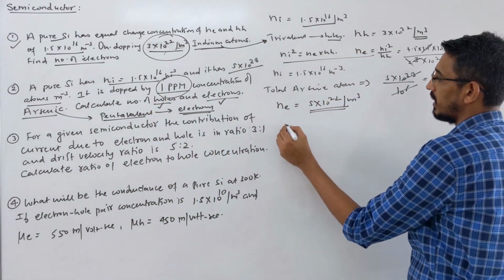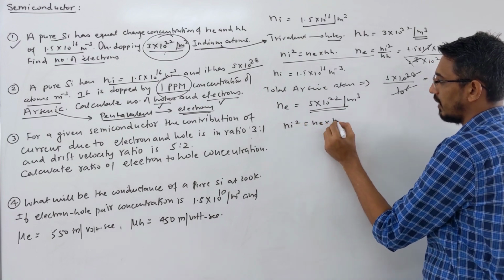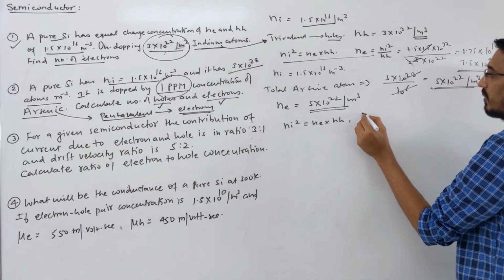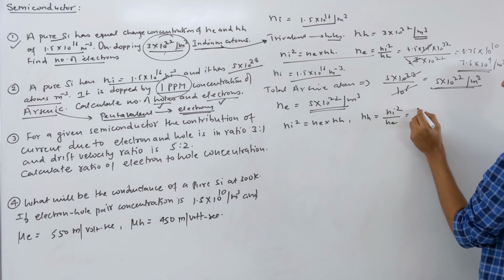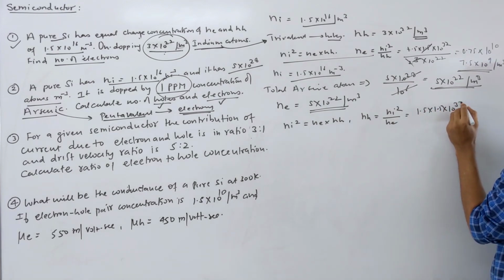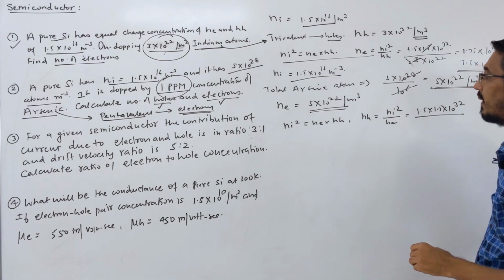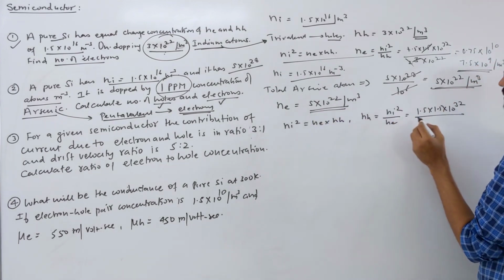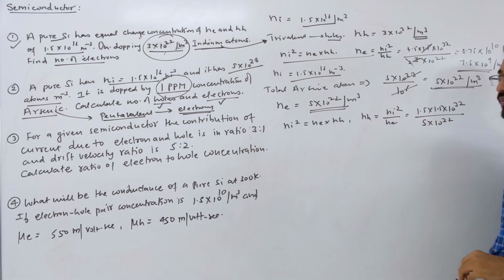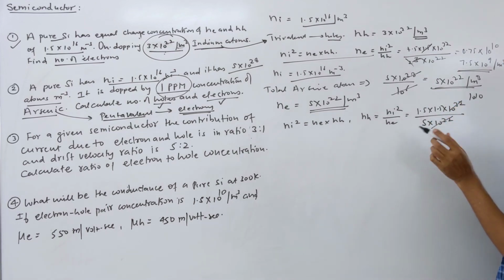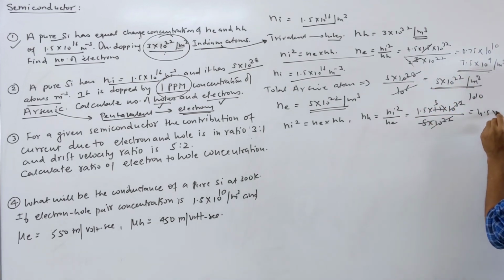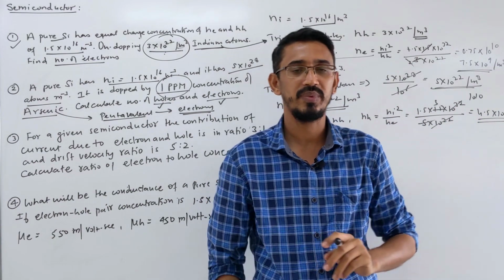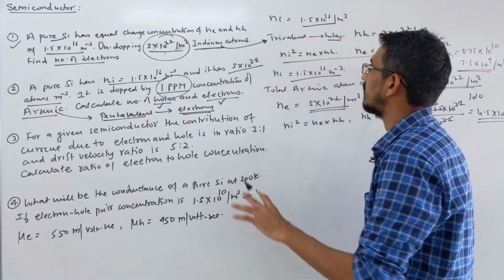So let's write the mass action law. Ni square is equal to Ne into Nh. The number of holes you want to calculate, Nh, is Ni square by Ne. The intrinsic concentration given here is 1.5 into 1.5 into 10 power 32, since 16 doubled is 32, divided by the number of electrons, which is 5 into 10 power 22. This gets cancelled, 10 power 10 remaining. You can remove any one decimal. 5 goes 3 times, so 3 is 4.5 into 10 power 9 per meter cube. This is your number of holes. So these two questions were based on your mass action law.